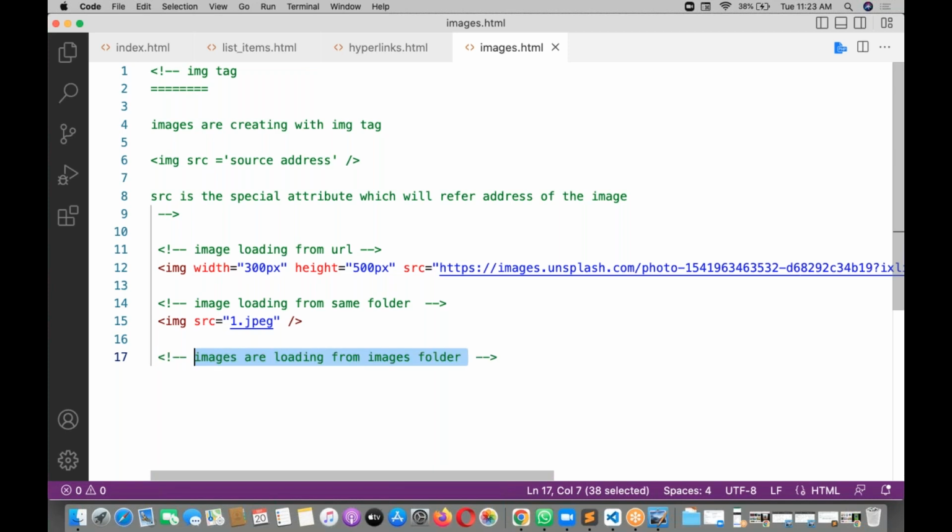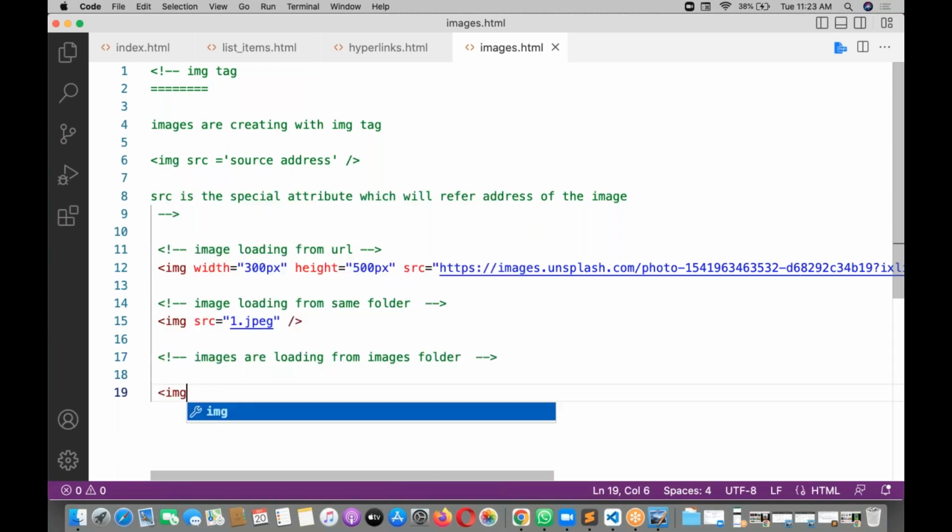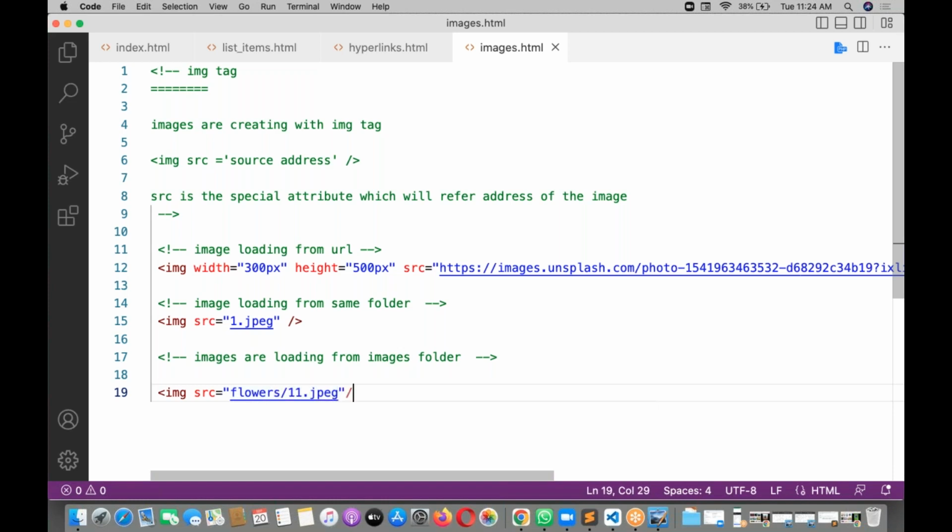Okay, so let it be. How to load from the folder? Concept is very simple: src. Inside src I want to load first of all the folder name. What is the folder name? Flowers, I think so. Flowers slash flowers slash 111.0.